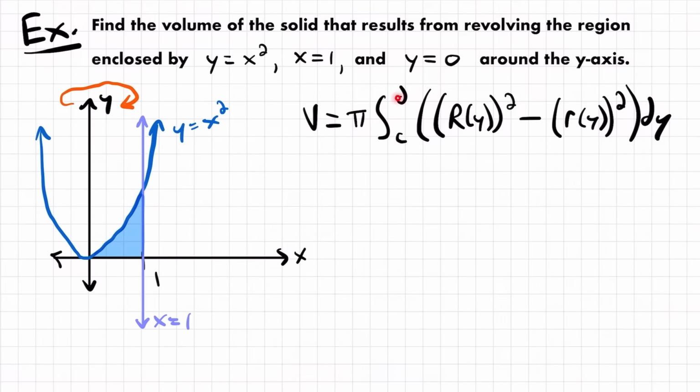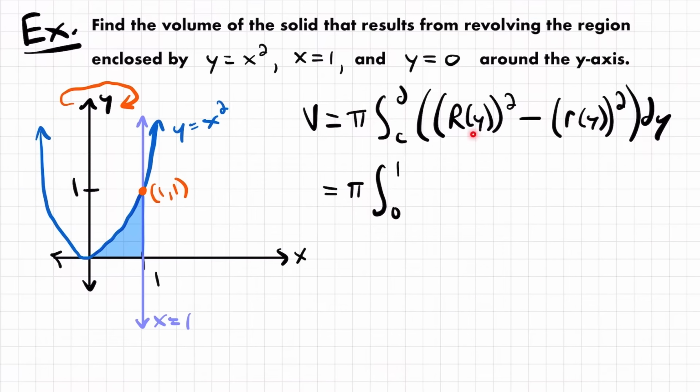And so if we start with our bounds of integration, between what two values of y does this region lie between? Well, we know it starts at y equals 0, but then where does it meet with the line x equals 1? Well, all we have to do to figure that out is plug 1 into y equals x squared, and 1 squared is just 1, and so the intersection point right here is the coordinate point (1, 1). This region is contained between y equals 0 and y equals 1. Okay, and so our volume will be equal to pi times the integral from 0 to 1,